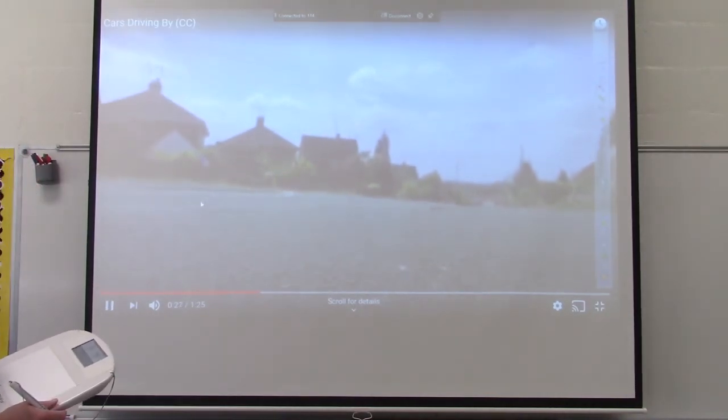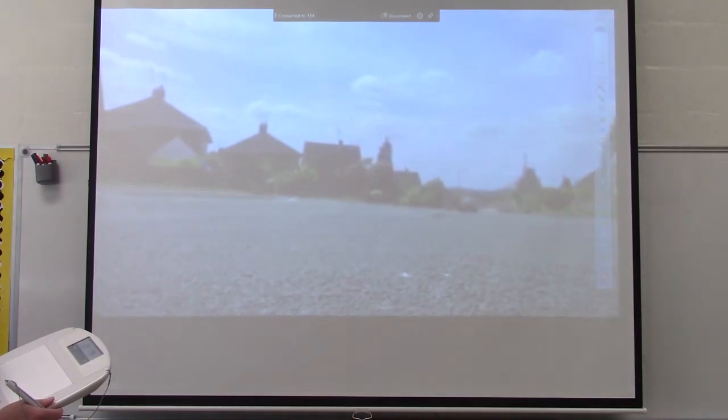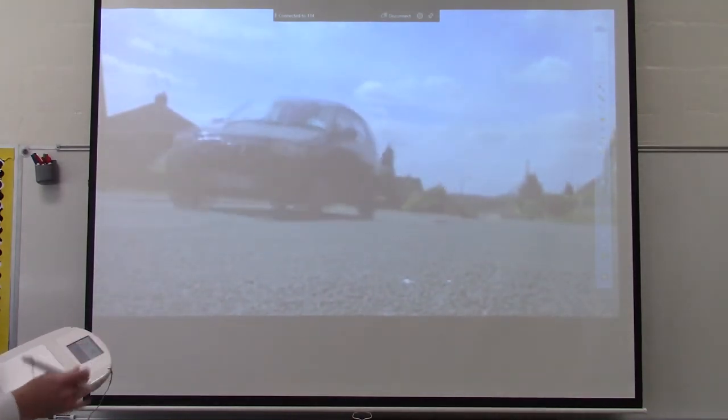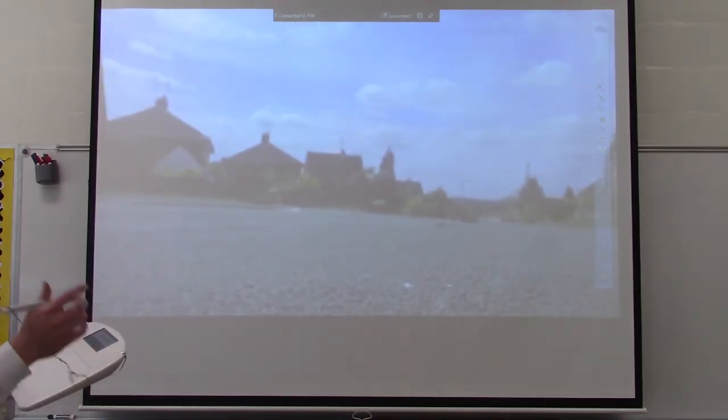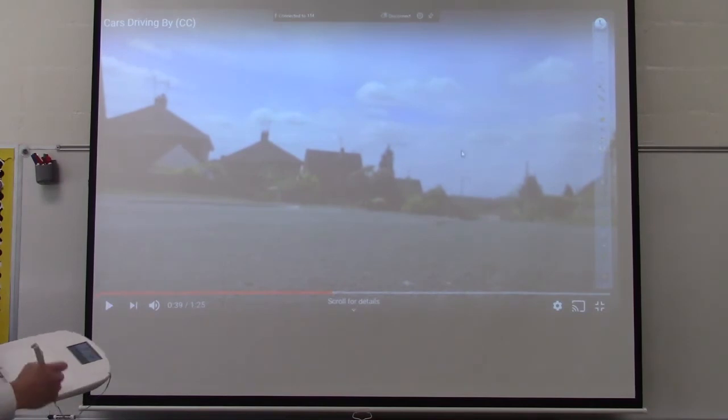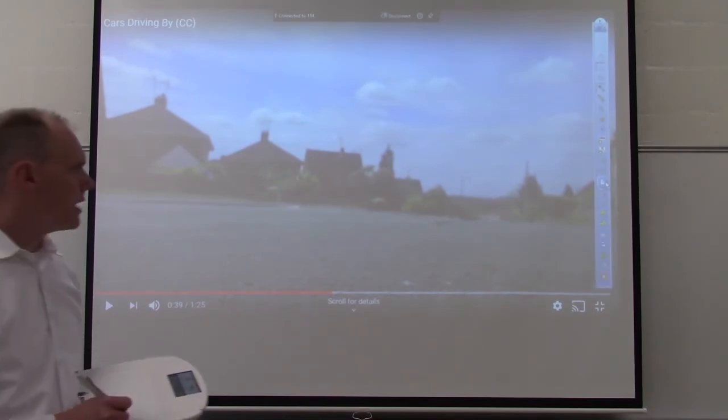So the car's really far away. Okay, it's getting closer. It's getting closer. They're driving at a constant speed. Okay, so they were at the camera, and then obviously they kept driving. So if we think about the graph of this,